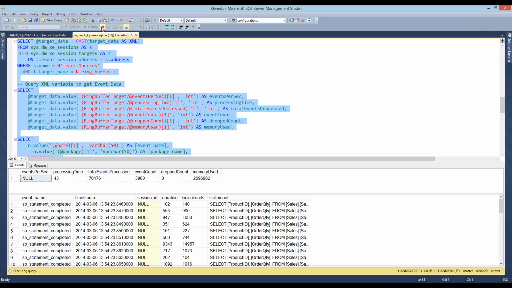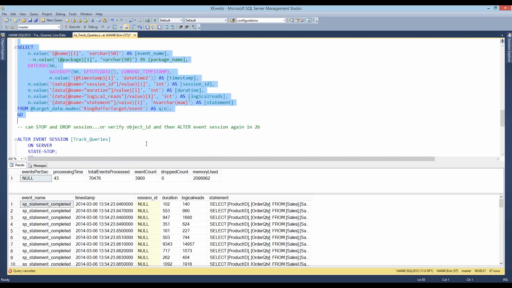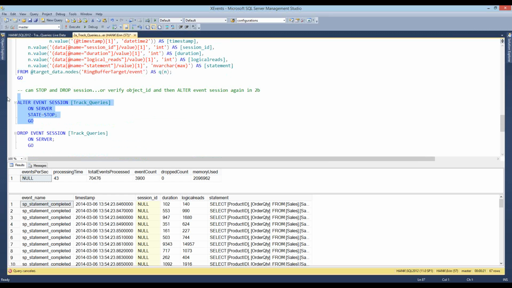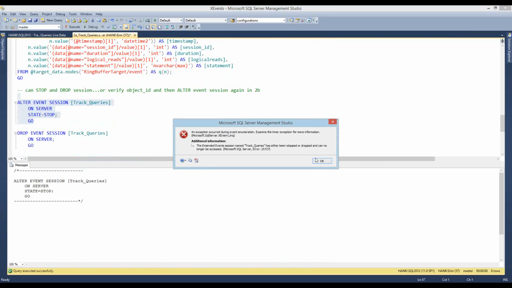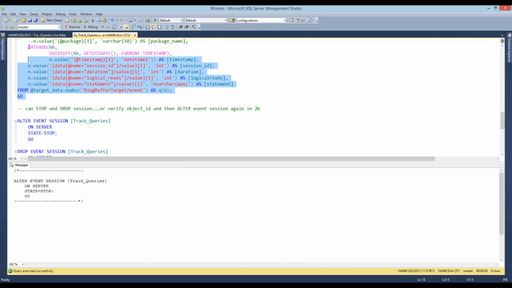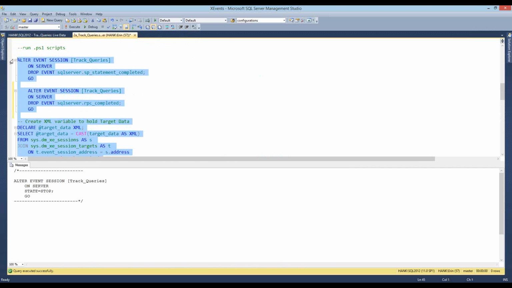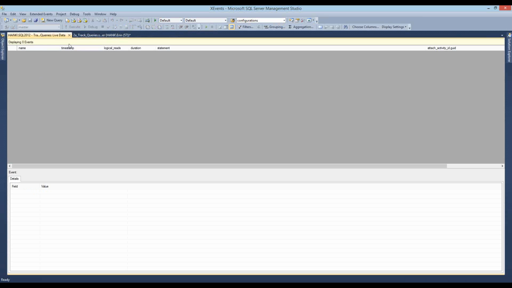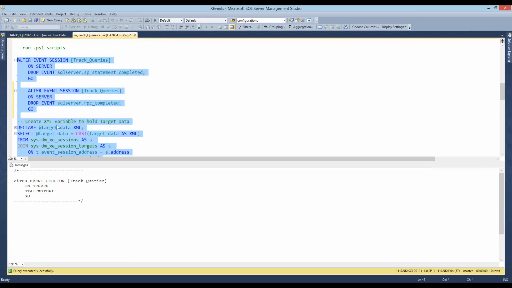So what I'm going to do is stop this, and now stop my event session entirely. And the moment that I stop my event session, if I come back here, by the way, that error that I got came up because I was looking at live data. When I stop the event session, it throws the error to say you had live data going, but you're not going to have it anymore because you just stopped it. Sorry, I should have showed you that message.